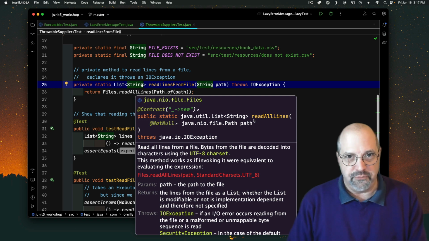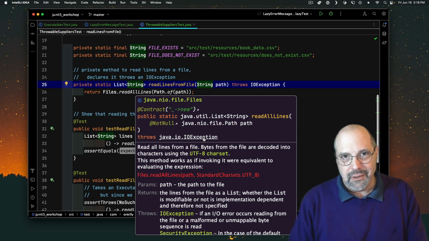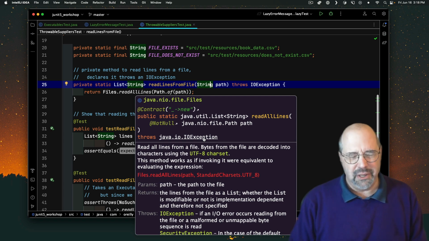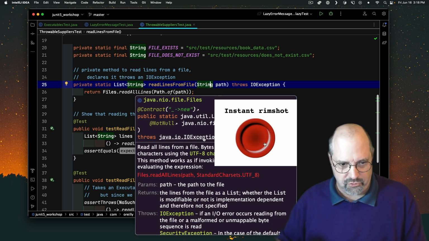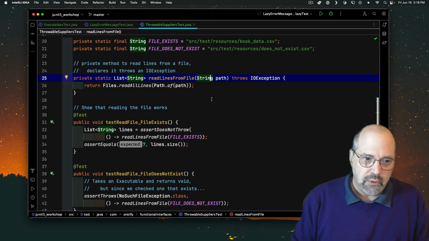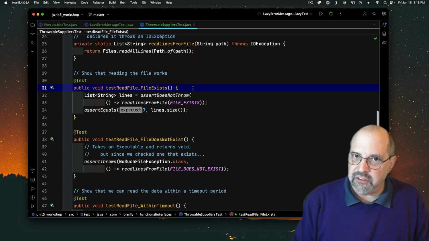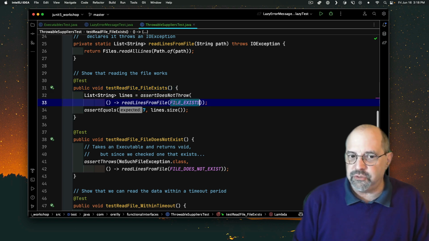Here's the important part for our purposes, however. Notice that this guy throws an I/O exception. Not a big surprise. Just about everything in the java.io package can throw an I/O exception, and this is no exception. So let's read a file that exists. Well, I know this file exists, so I wrapped my